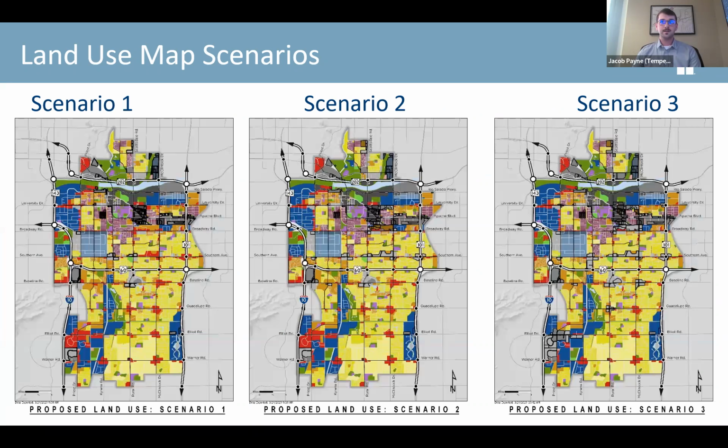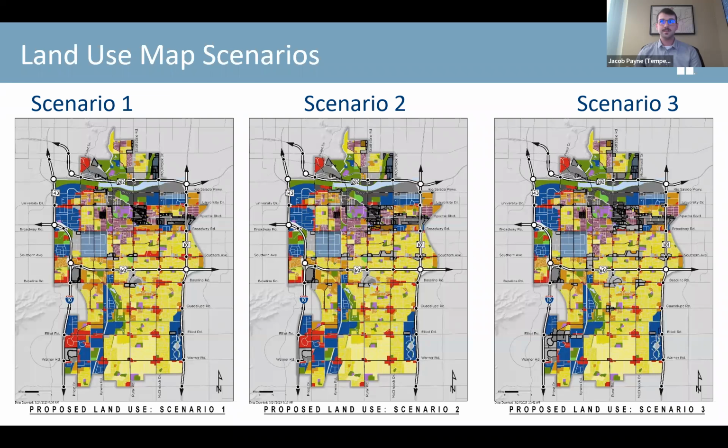So with that, here are the 3 scenarios that we have drafted together. I'm going to give a brief explanation of each of them, and when we get to the end of the presentation, if there are any questions, I can pull up a higher resolution version of this so we can look at them a little closer if you have any comments or questions. Starting off with the first scenario on the left, in scenario 1, we've focused the land use changes in areas along the transit corridor, with expansions to mixed use in areas where it was already present, and increased density along the Apache light rail corridor.